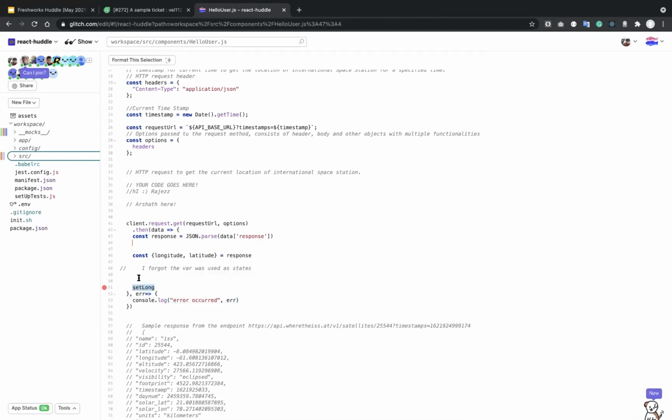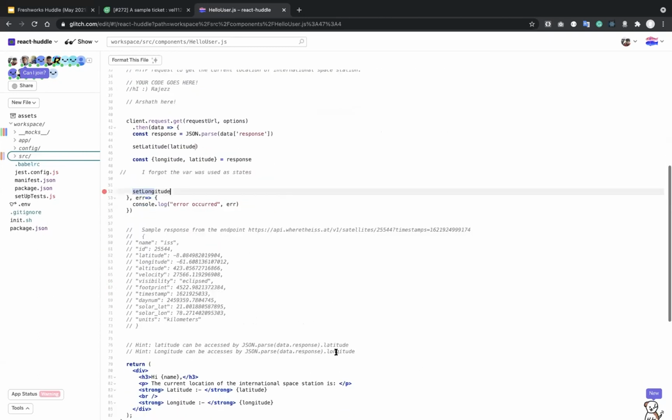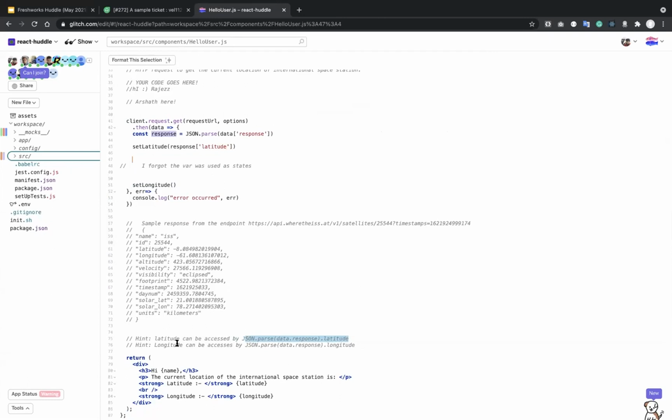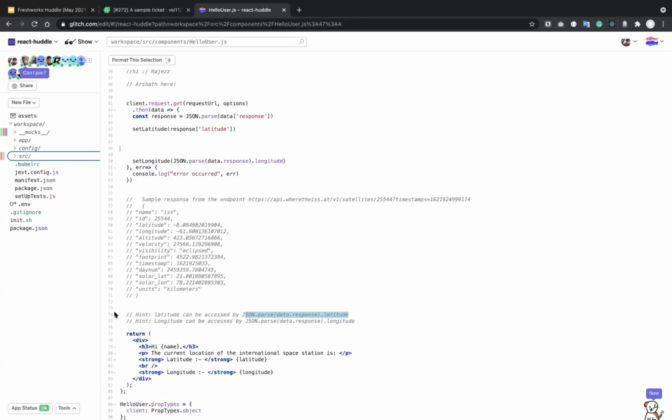For example, I am not sure if you actually get longitude and latitude here. It should be something like setLatitude of latitude. Okay, so that won't work. There is a hint at line number 76. That hint should give you the exact latitude. Look at line number 75 in this case. I guess Ashit is the one working on latitude. So there is a hint in lines 74, 75 on how to get the latitude from the response.